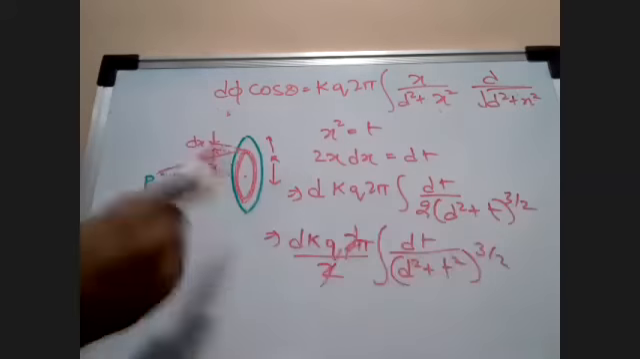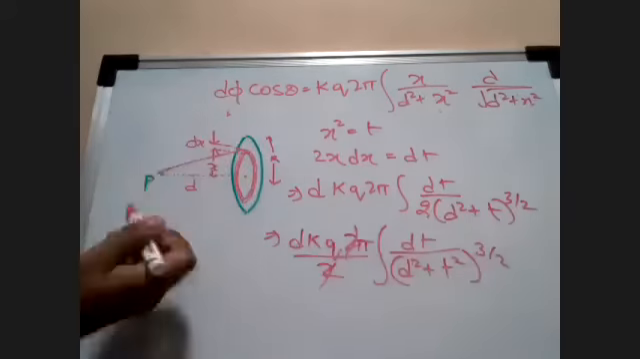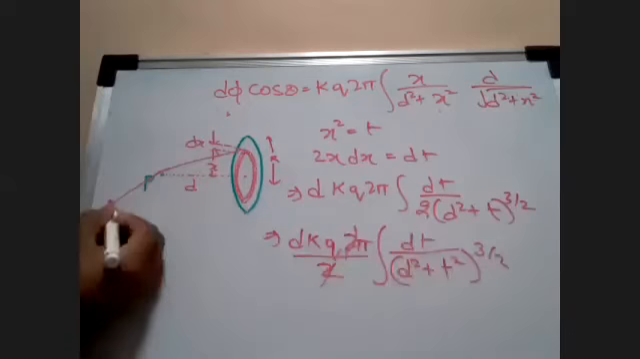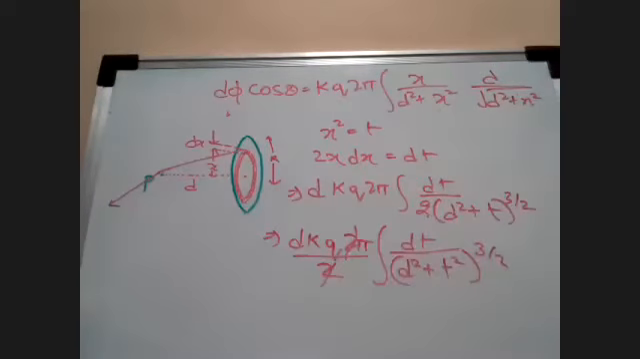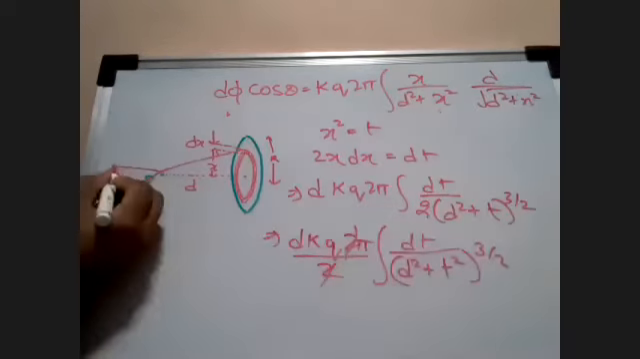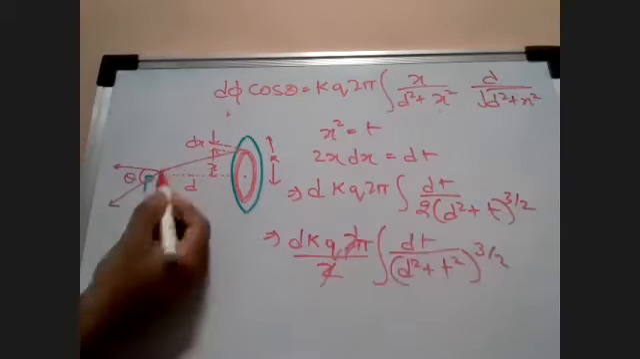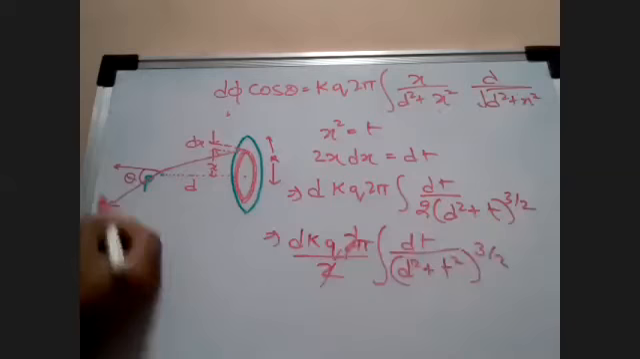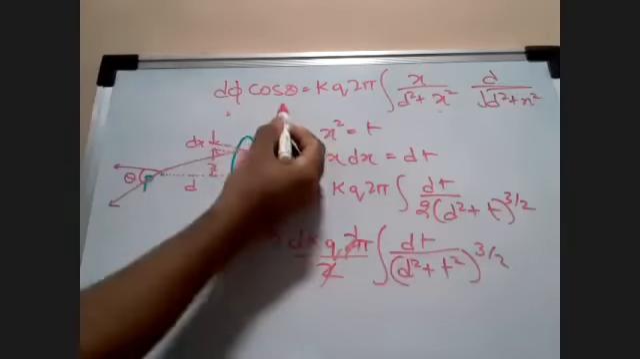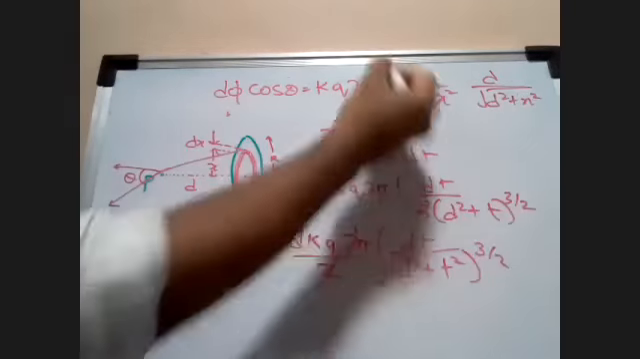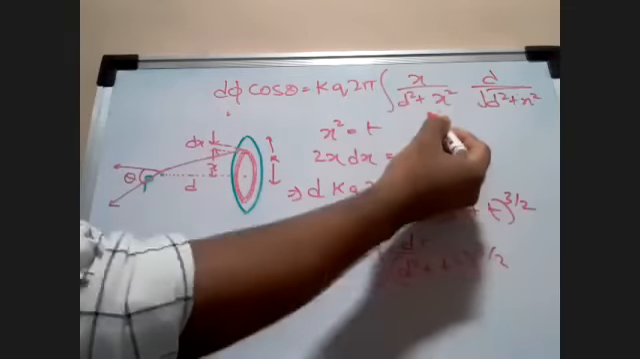First of all, I have taken the cos component now, because ultimately it is going to be in this direction. I want it along this direction, so I will take the cos component of it. I got the flux in this direction, and I want the cos component of it. So d phi cos theta is equal to kq 2 pi integration of x upon d square plus x square